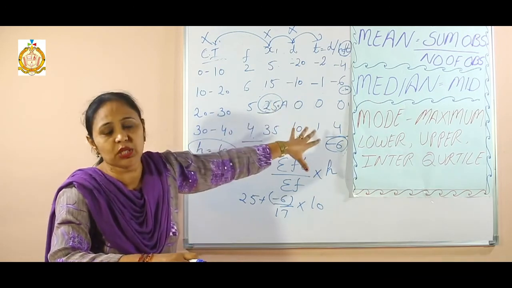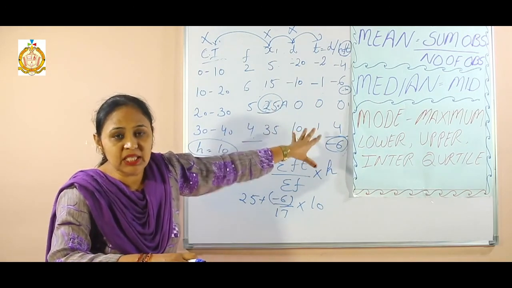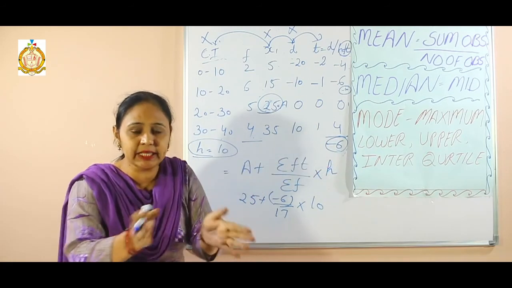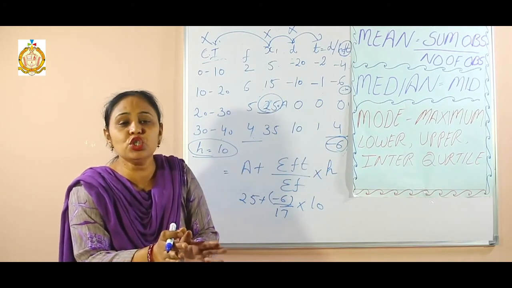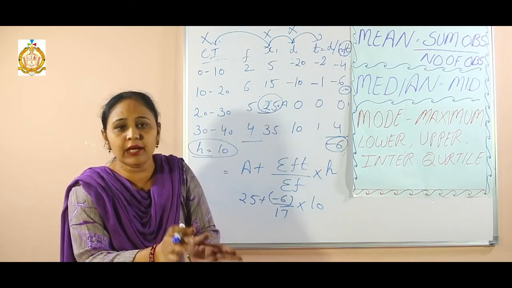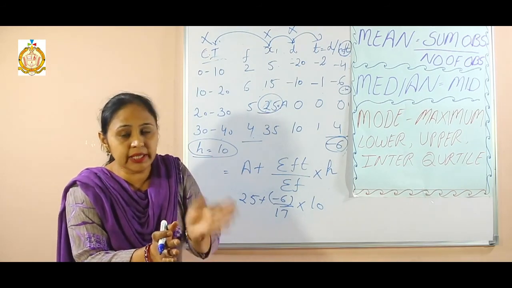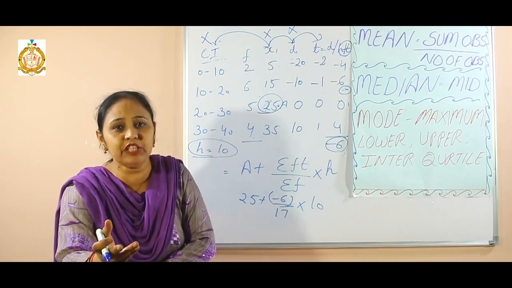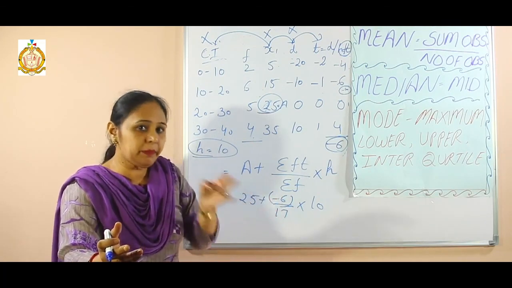Please solve these two sums. You can see the mean is same. These are the three methods. First is direct multiply. Then there is assumed mean. We take A and we find the value of mean. Then next is step deviation. We have to find the next value by division. Then these are the three methods of mean.